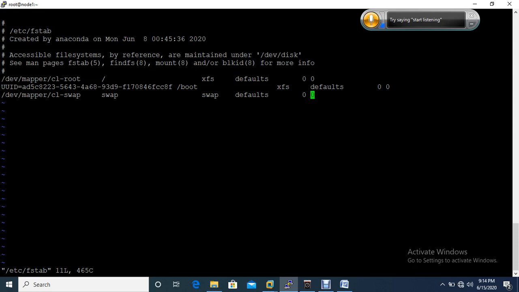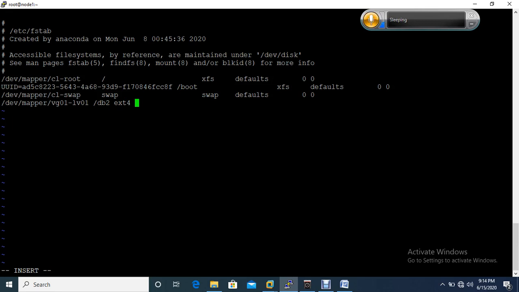Press the insert button, hit enter, and then paste. This is my device name, and my mount point name is DB2, and then which kind of file system? In my case, this is ext4.